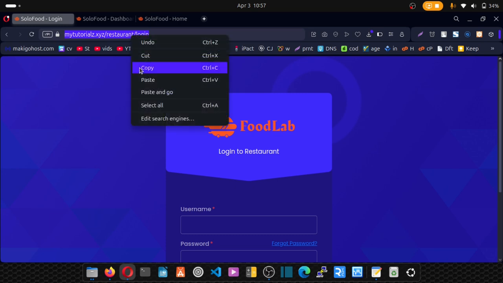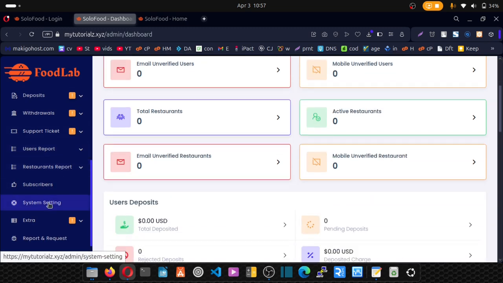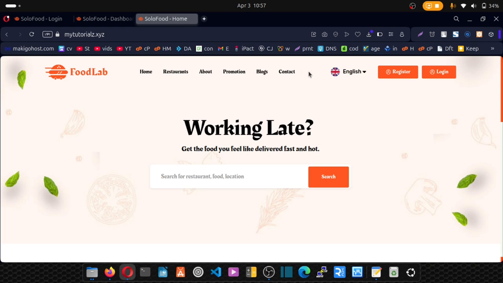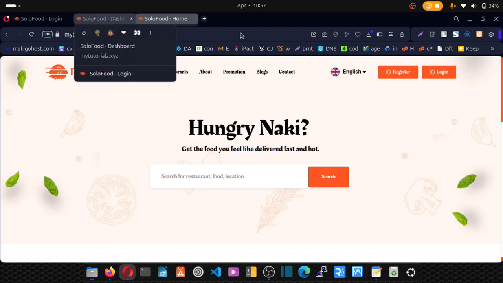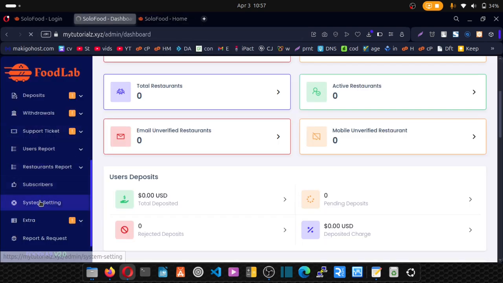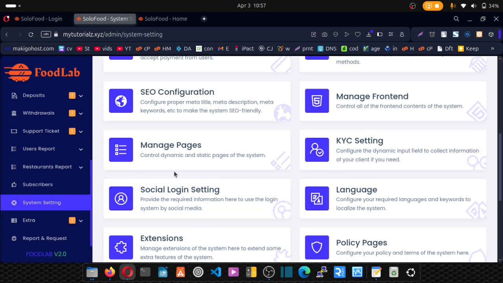Now copy this link and we're going to your dashboard as the website admin. I want you to put it somewhere easily accessible by your restaurant owners, because that link is hidden. So I want you to go to system settings and come to manage pages,